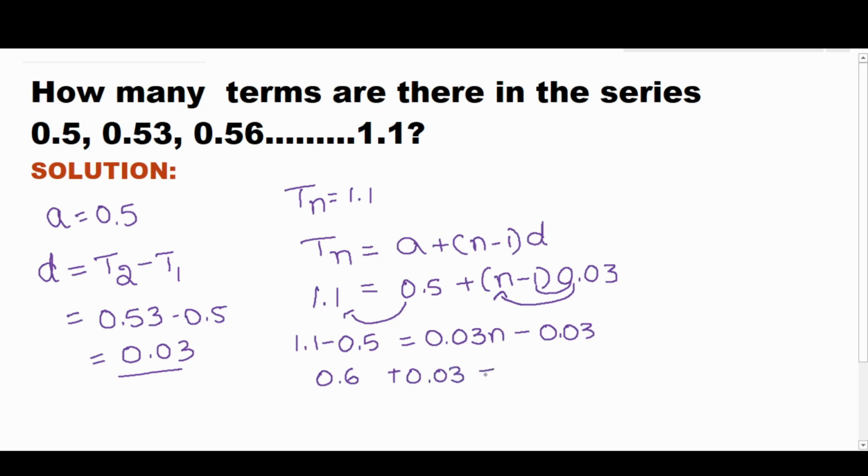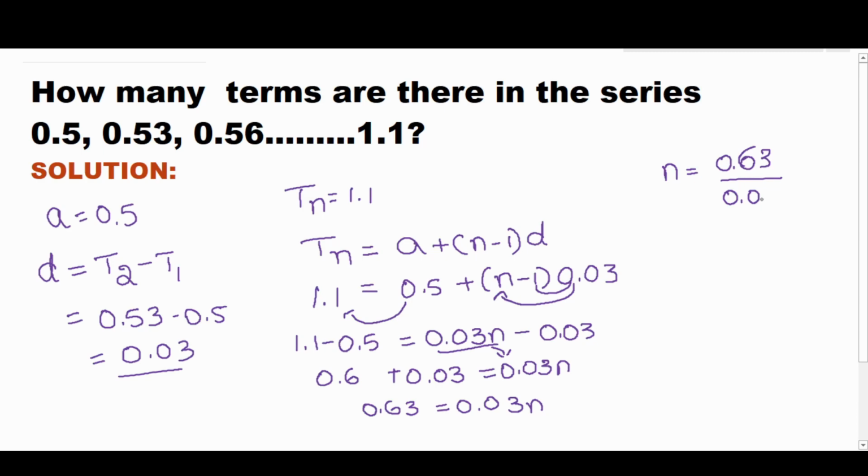0.03, which is equal to this term, 0.03 n. On adding this, I get 0.63, which is equal to 0.03 n. Now I need to find the n value. n is equal to 0.63 divided by